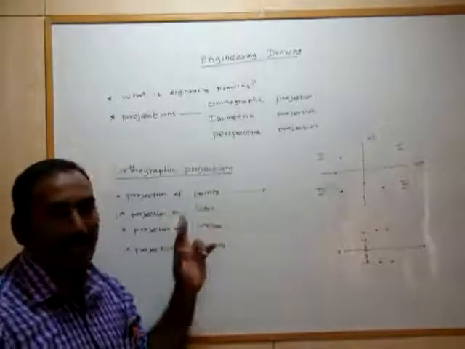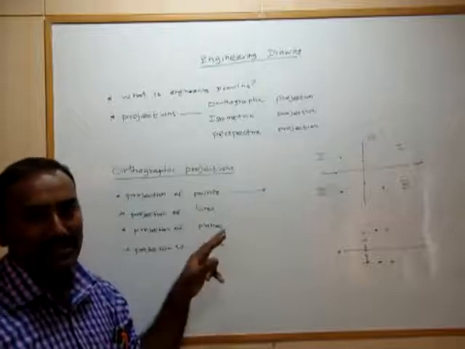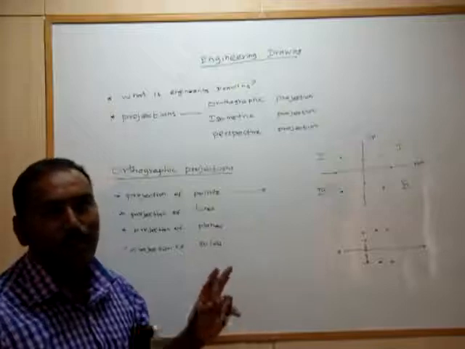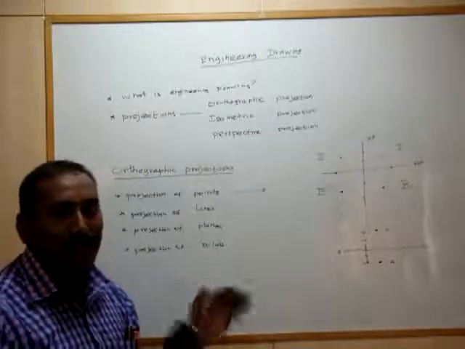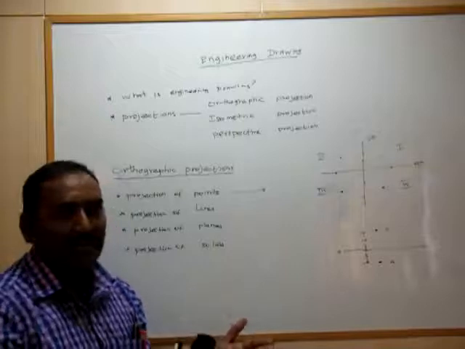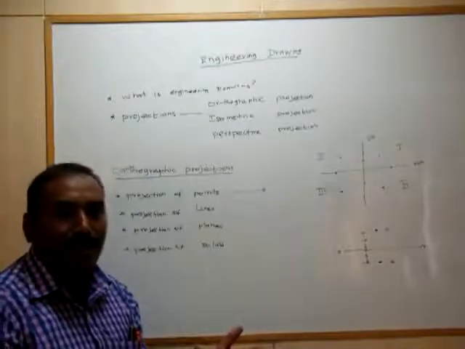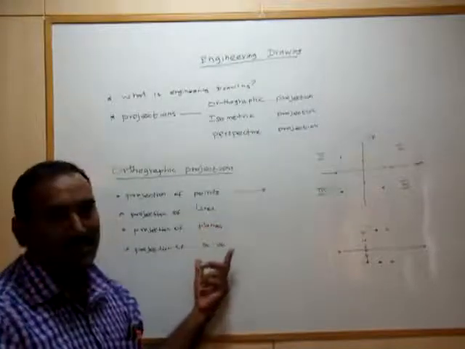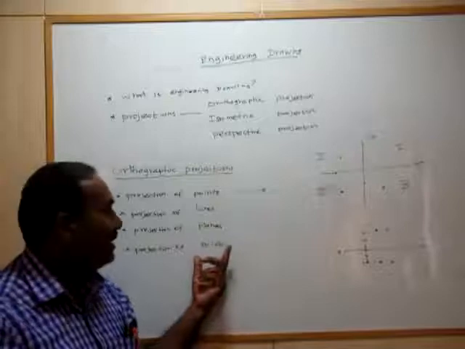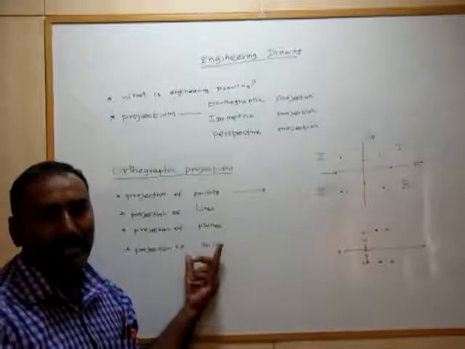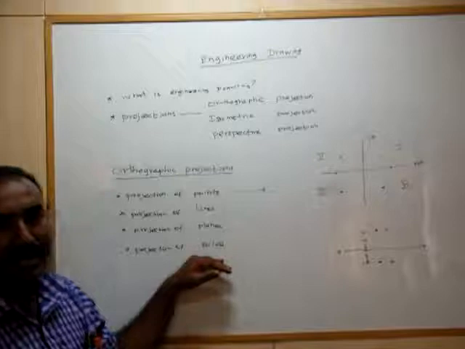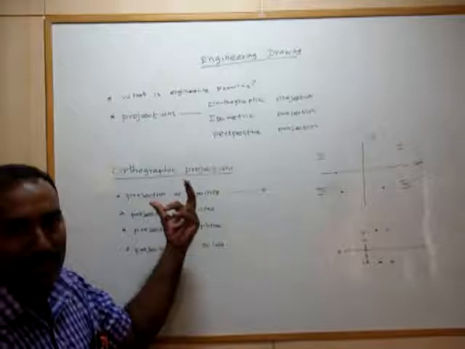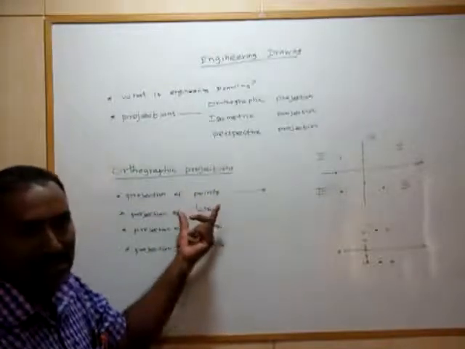And line, especially, means projection of straight lines. What is a straight line? A straight line means the shortest distance between 2 points. And a plane is just like a sheet. It may be a circular plane or hexagonal, pentagonal. These are the different types of planes. And solids are cone, cylinder, pentagonal, hexagonal, pyramid, etc. So these all come under solids. Out of these, a point is zero dimensional, and a line is the shortest distance between 2 points.